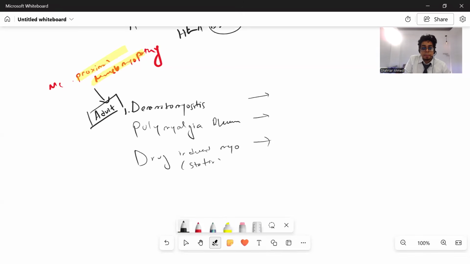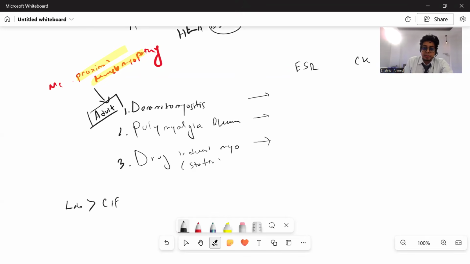Okay, so this is the adult version, like number one, number two, number three. Now how can we differentiate? One thing remember in AMC, lab is always over the clinical feature. Even though we understood by clinical feature, lab has always been a confirmatory. Now we do two particular tests, ESR and CK here.